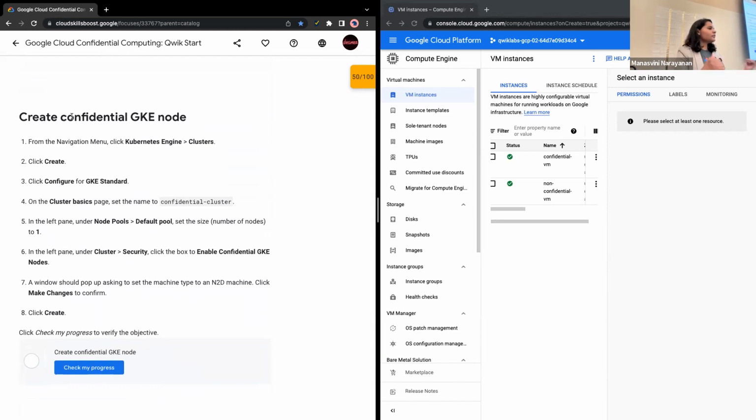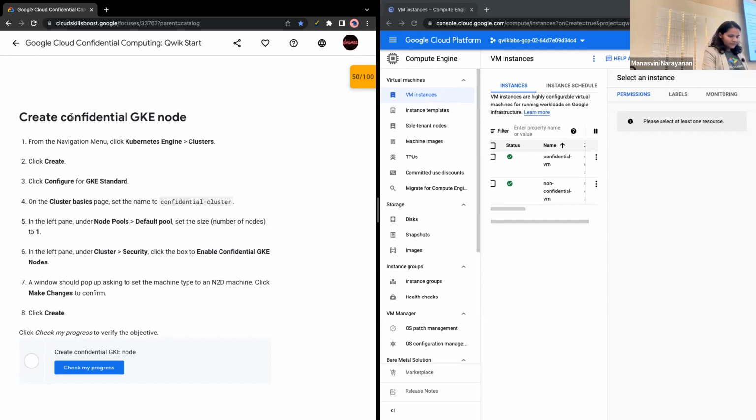Okay, has everyone reached this point? If anyone's behind, please let me know. Yes, by just creating an instance, we're leaving everything at the default value. So we're just creating a default instance. And for the confidential one, we enable the confidential service that Google provides to us. We explicitly state that we need this instance to be confidential and no one needs to have access to that. So even Google itself will not be able to access your confidential data, and that's what their service provides. That's what we are trying to prove with this lab here.